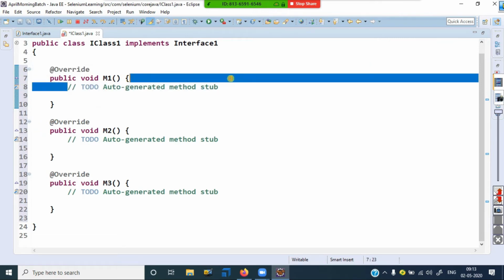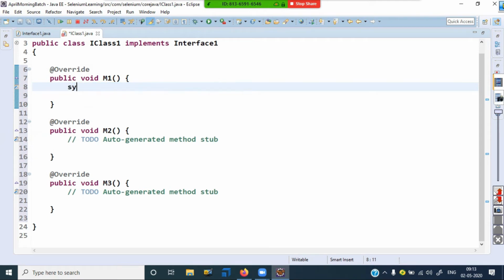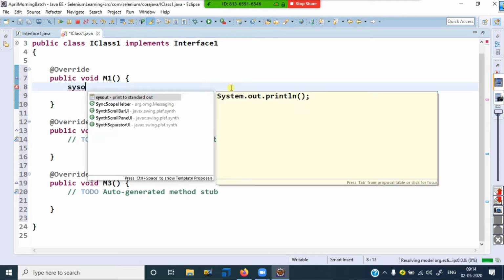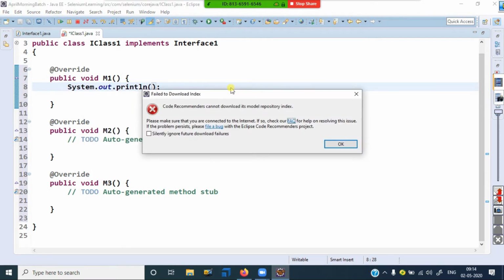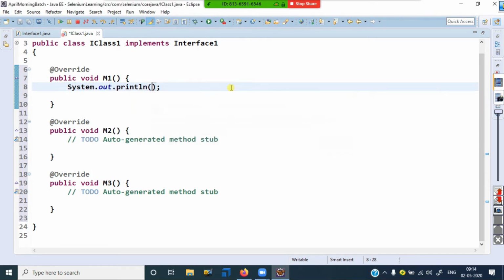Okay, when I implement it, then I want to write the printing statement for this. System.out.println, now I can write here: logic for method 1. This is the logic for method 1.